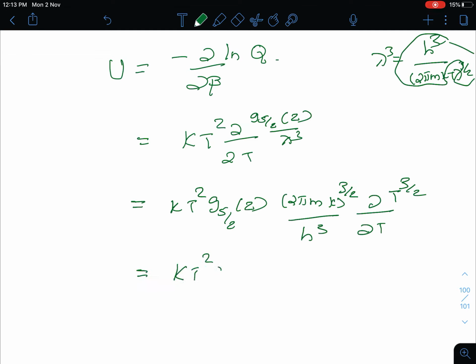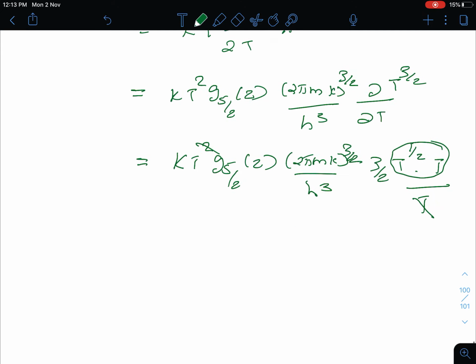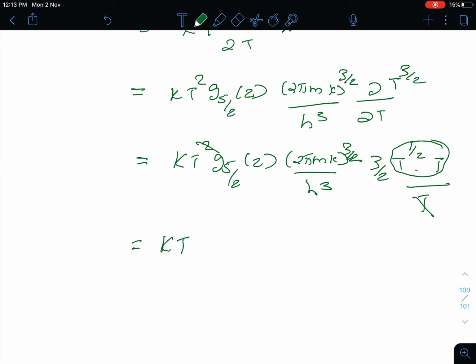Now that is kt square g 5 by 2 of z times 2 pi m k all raised to 3 by 2 by h cube, times 3 by 2 t raised to 3 by 2 minus 1, that is t raised to 1 by 2. What I do is multiply top and bottom by t, so this t also cancels, no problem. Then t raised to 3 by 2 is already here, so I take it inside. So what you get is kt g 5 by 2 of z times 2 pi m kt raised to 3 by 2 by lambda cube, that is lambda cube, into 3 by 2,